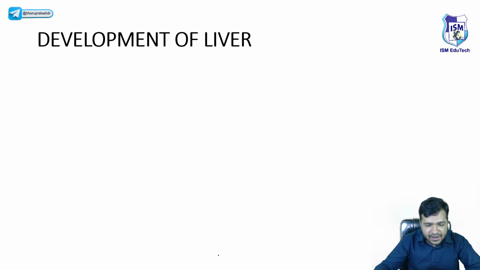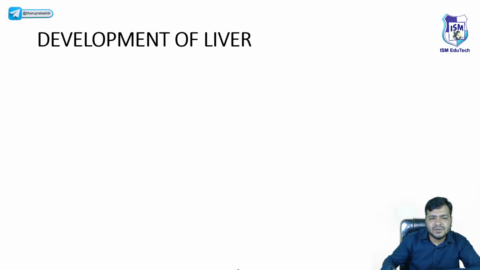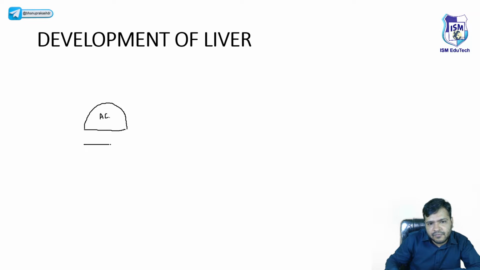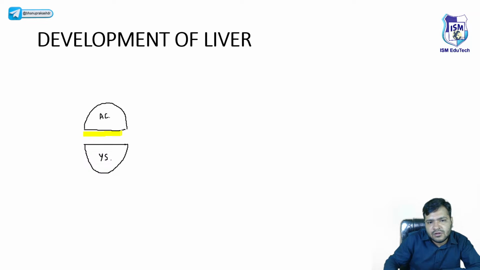नाउ डेवलपमेंट ऑफ द लिवर, तो इसमें सबसे पहले हम लोग देख लेते हैं कि, चलो इसमें अभी पहले थोड़ा सा लिखवा देता हूँ, फिर इसका बेसिक डायग्राम हम लोग बाद में भी करते रहेंगे, ठीक है। सो यू ऑलरेडी नो दिस इज द एमनियोटिक कैविटी and we have the yolk sac, right? और बीच में you already know we have this mesoderm, right? We have this mesoderm,